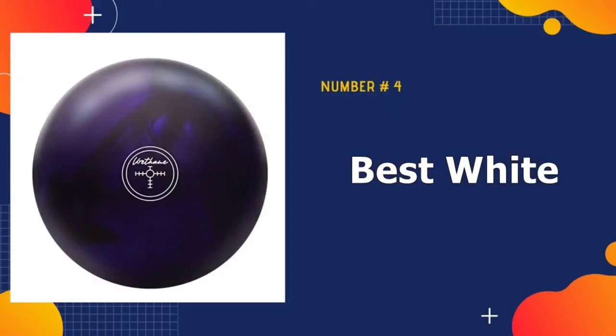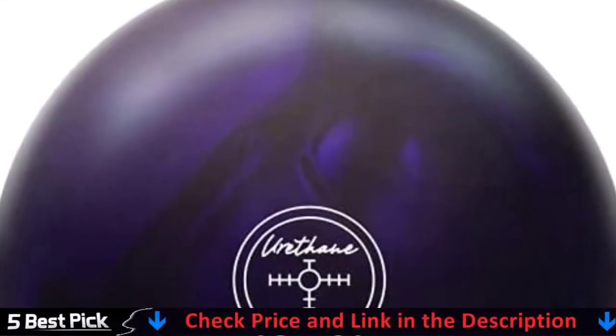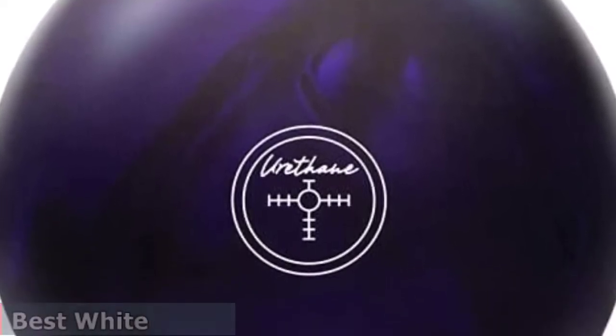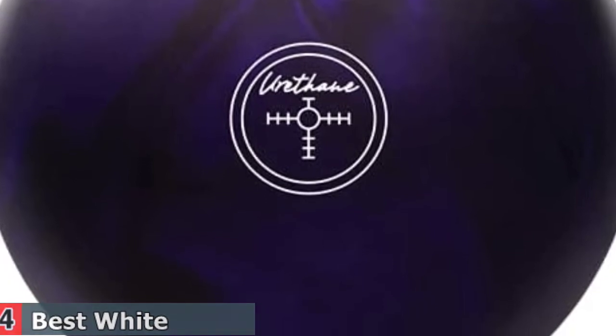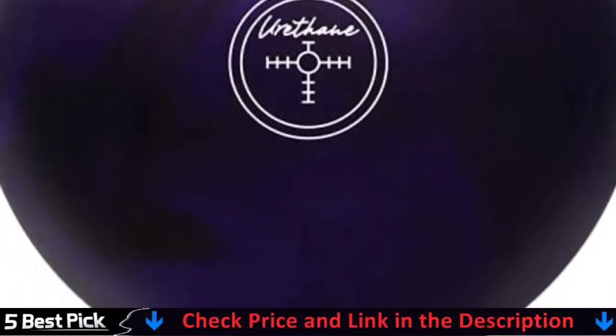Number 4 in our best bowling balls list is Best White Noise Machine. The purple pearl urethane needs no introduction. This ball is all about giving the bowler ultimate control of the entire lane. Old school technology with new school hitting power. Performance you will certainly enjoy from this ball. The purple pearl urethane uses an updated formula urethane cover stock. We have paired this with the LED core, which is an updated version of the traditional light bulb core shape